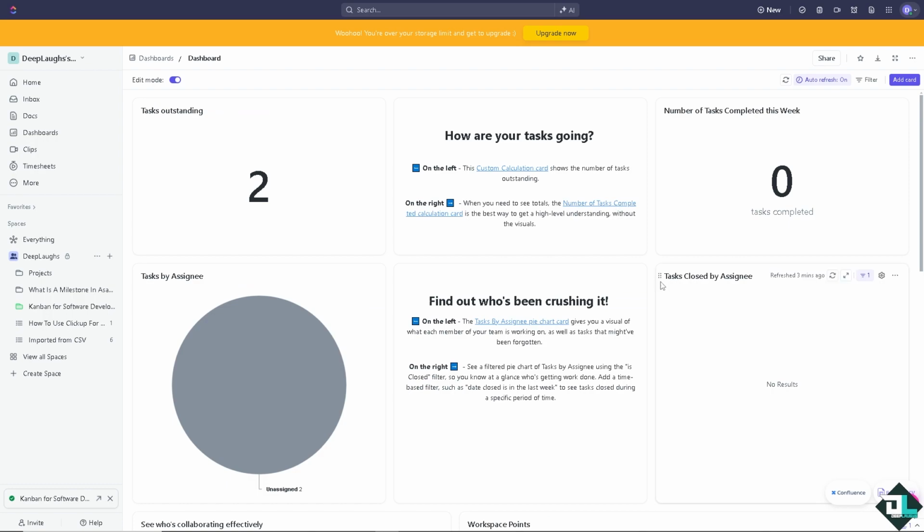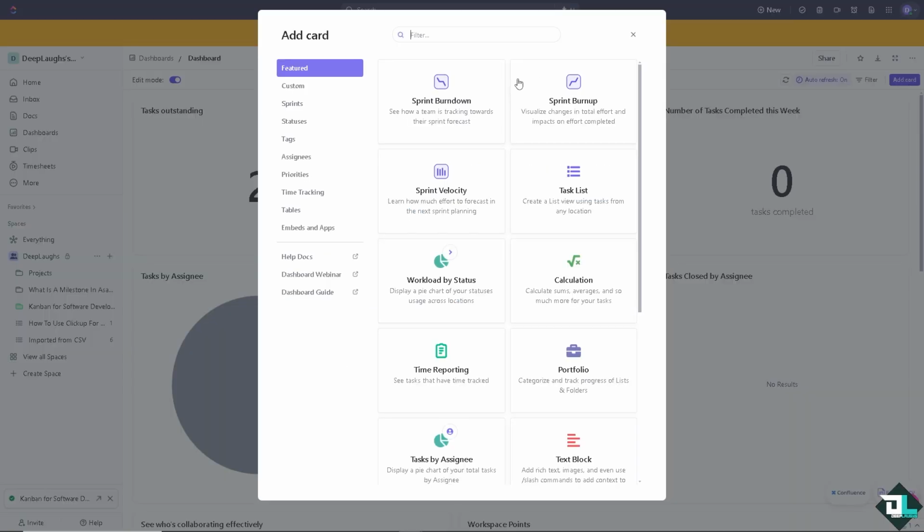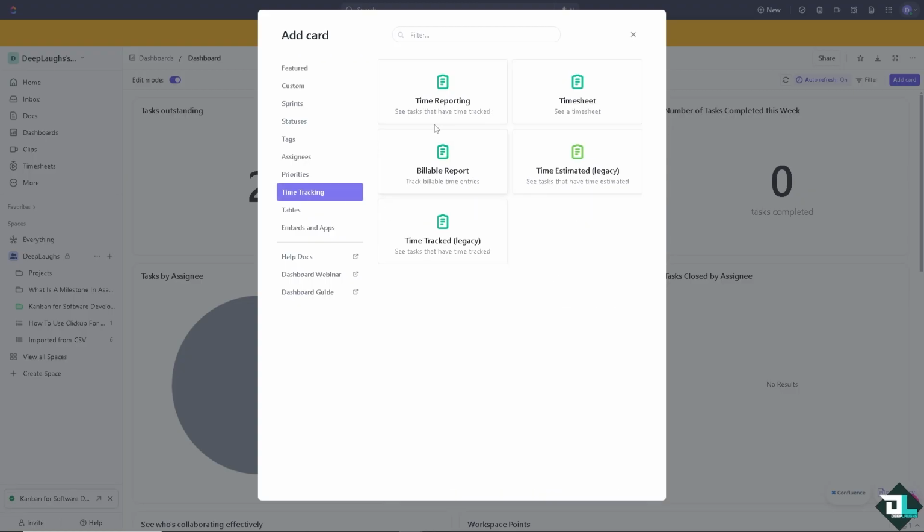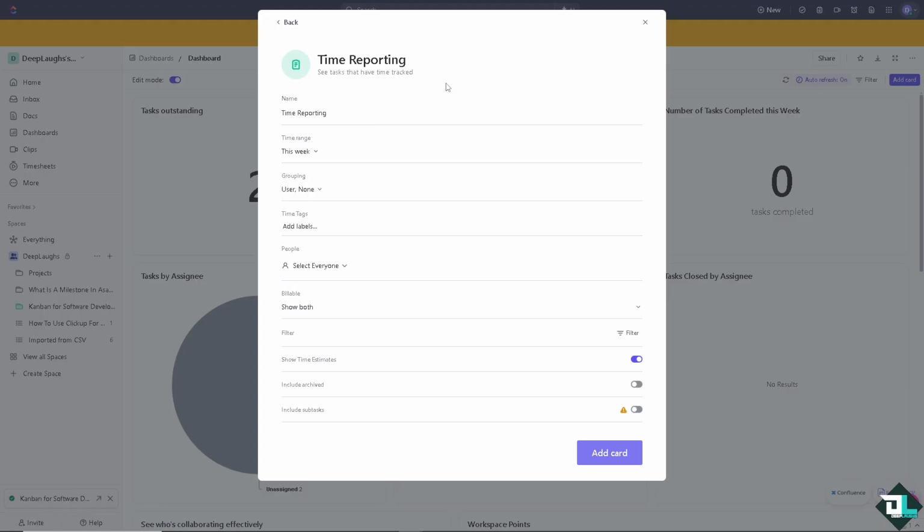Going back again to the dashboard, you can also add a card on the upper right corner. Okay, so you have an option for the time tracking. Okay, when you click that, you have the option to see tasks that have been time tracked for the time reporting. All right, so it's up to you to rename this. For example, this is going to be